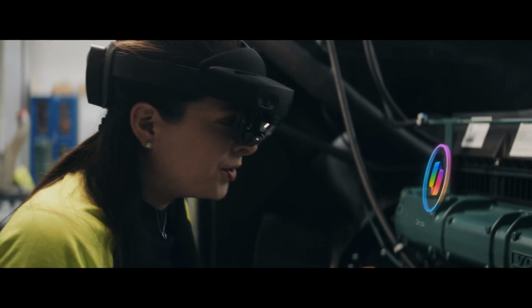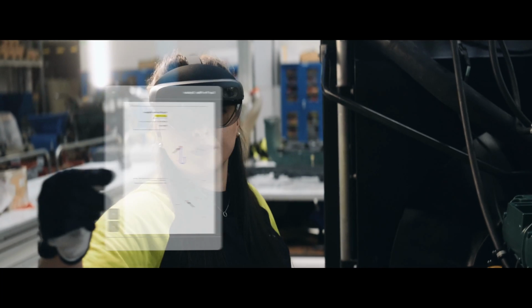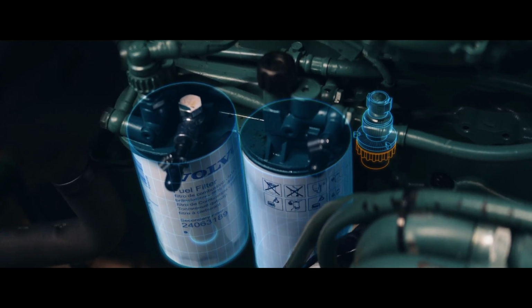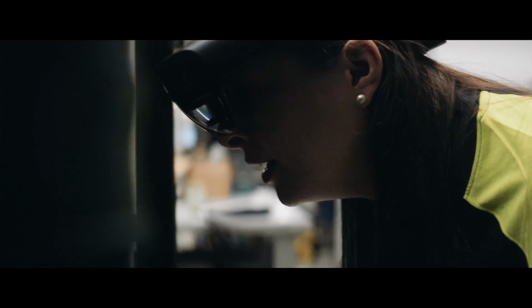Copilot, can you show me the procedure to replace the pre-fill filter? Step 1. Remove the water separator sensor connector. Next. Step 2. Undo the drain valve in the base of the water separator. Copilot, can you show me an exploded...